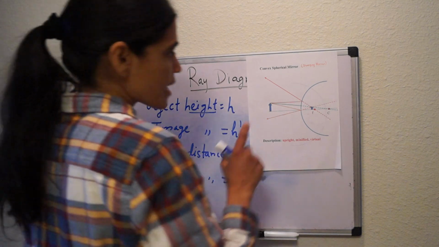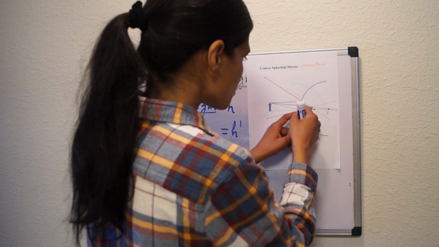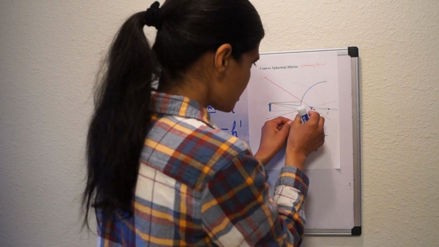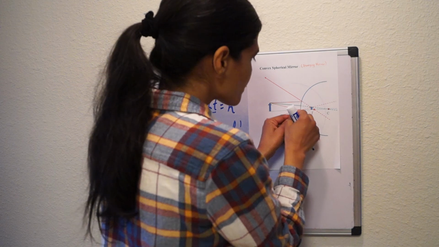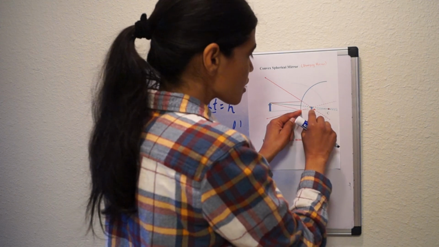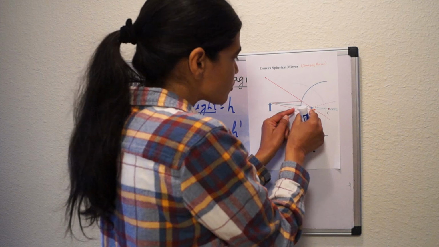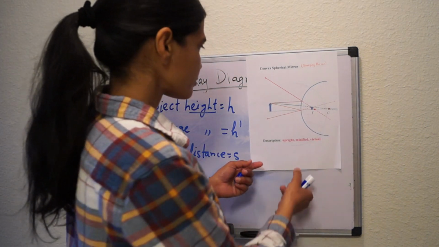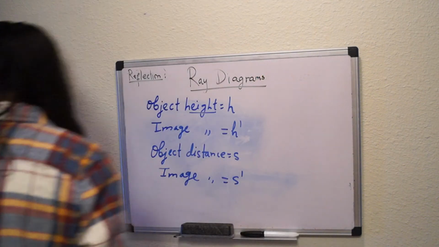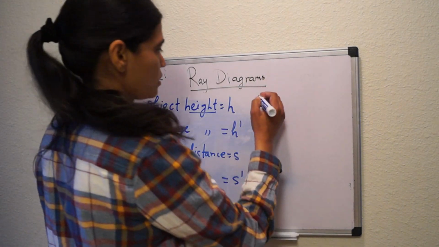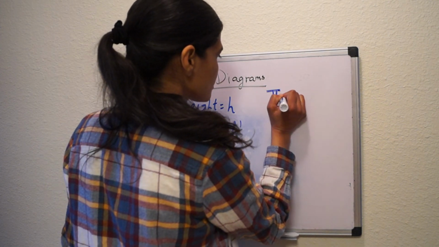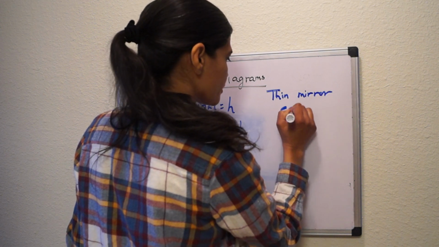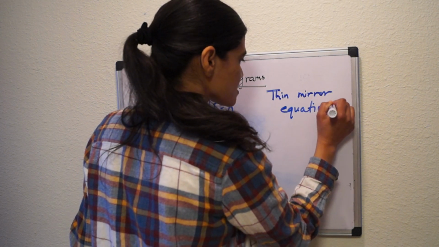The image is formed here, so the image distance would again be from the plane drawn here, tangent to the mirror, all the way to the position of the image. That will be our S dash. Now there is something called the thin mirror equation. What this tells us is that